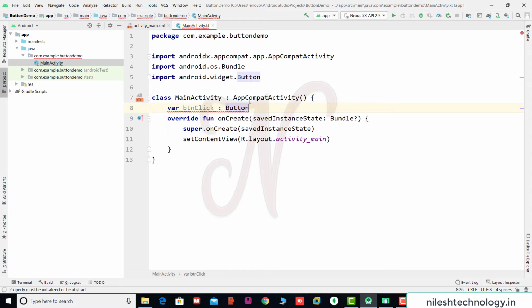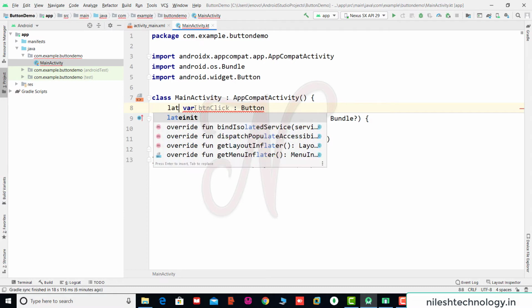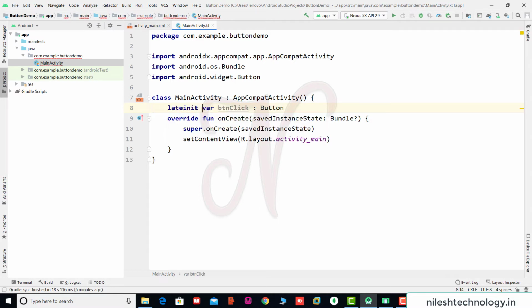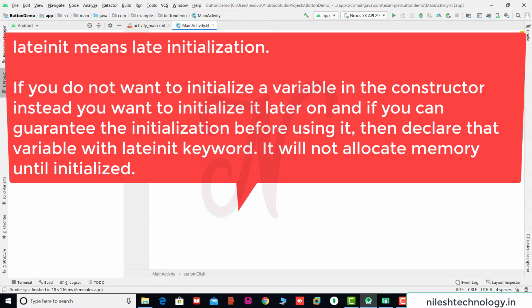Double click here. See here automatically one package is imported, android.widget.Button. See there is an error: property must be initialized or be abstract. That's why here we use one more keyword, lateinit. See the error is gone. What is the use of lateinit? Lateinit means late initialization.